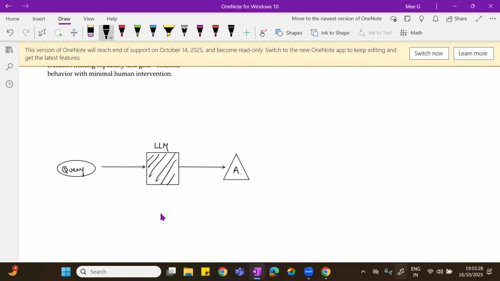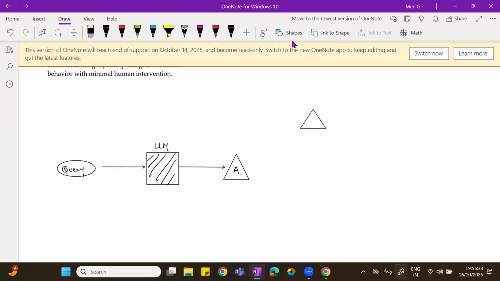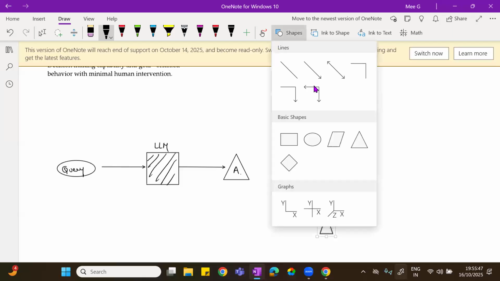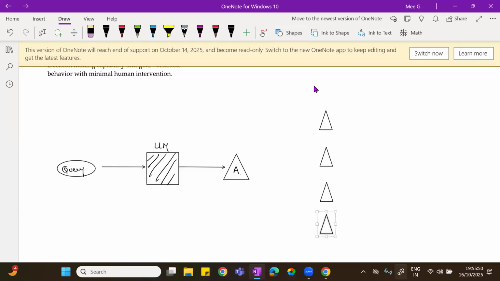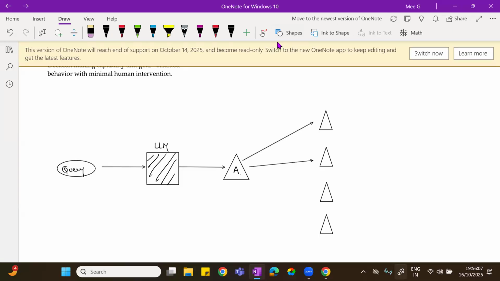Now, this agent is already provided with multiple agents. When you ask a query, it performs the reasoning on that complete query and allocates one task to one agent. It depends on which agent is capable of what.